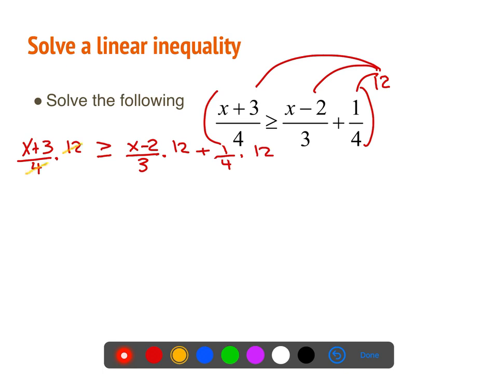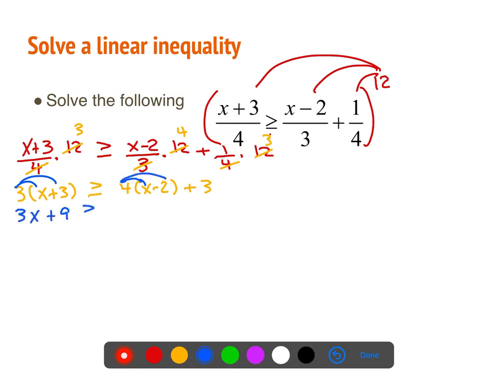Remember, that's the cross-canceling. 12 divided by 4 is 3, so I'm left with 3 times (x plus 3) greater than or equal to 12 divided by 3 is 4, so I'm left with 4 times (x minus 2). 12 divided by 4 is 3. 1 times 3 is 3. Fractions are cleared. And then we start with distributing. So 3x plus 9, 4x minus 8. Combining any like terms,